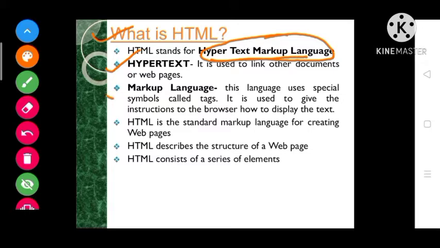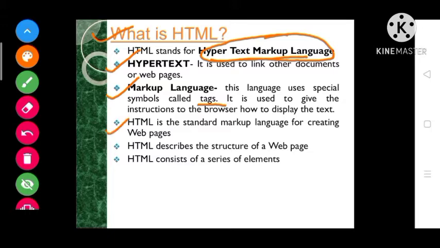Next is markup language. This language uses special symbols, and those symbols are known as tags. These are used to give instructions to the browser to display the output of the HTML code, meaning what we want to display on the web page, we have to give using tags in markup language only.